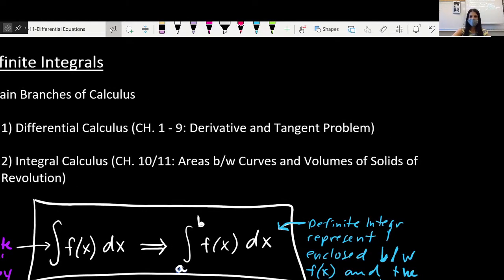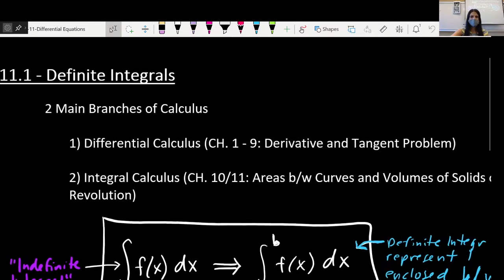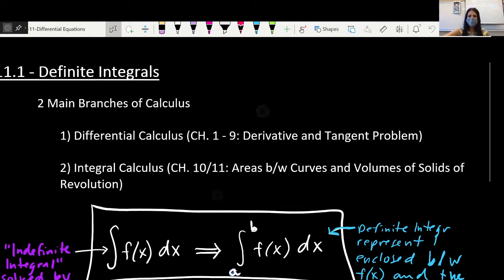We are doing 11.1, which is called definite integrals. And you'll see what I mean by this. This truly just is a recap or a summary of the stuff that we've been doing in 9.1 and 10.1